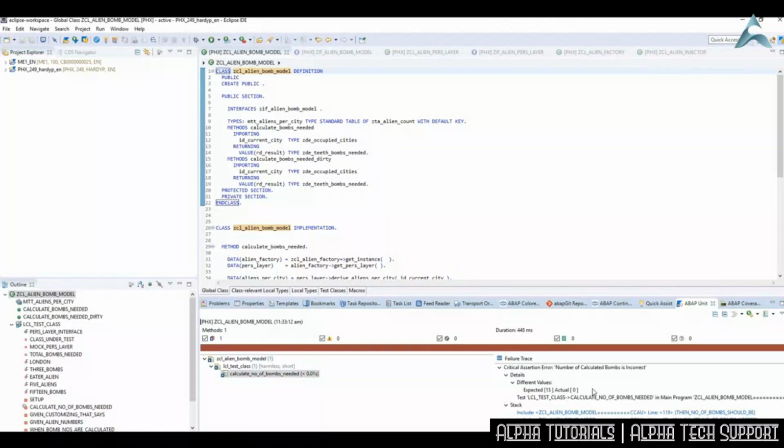In reality, 0 bombs were calculated, which is not surprising, considering there's no production code as yet. That's good. We've got a failing test. We've got a benchmark. Now we can move on to the next phase, the green phase, where we start writing the production code.